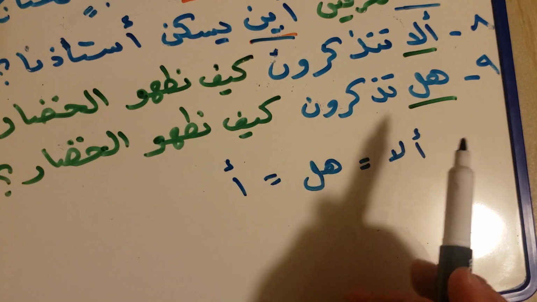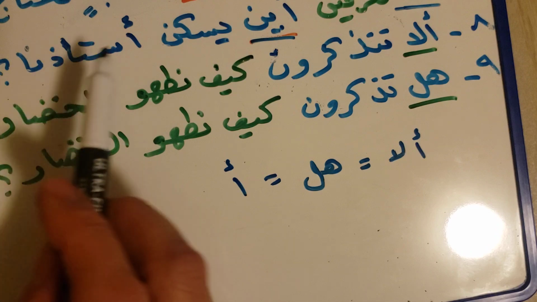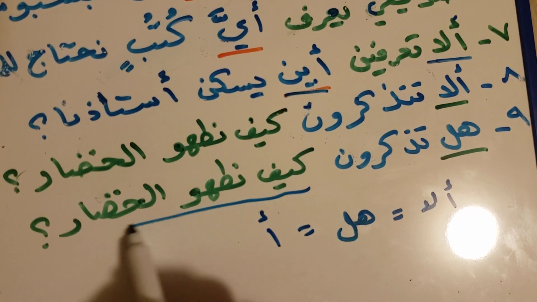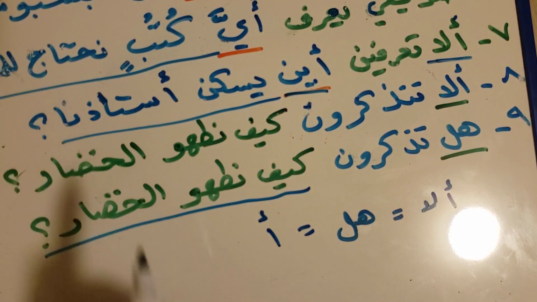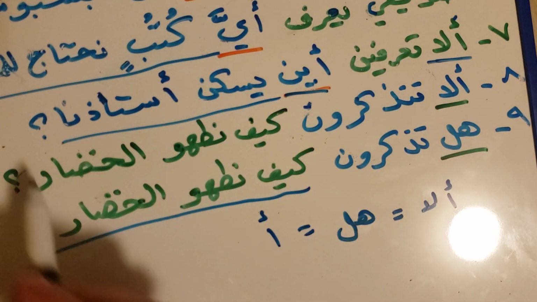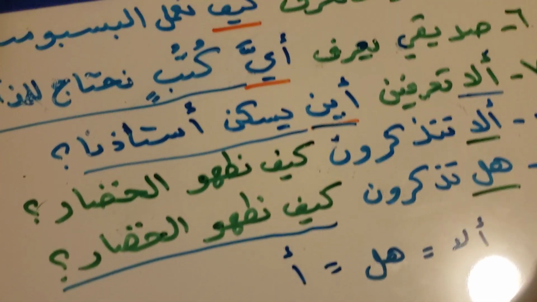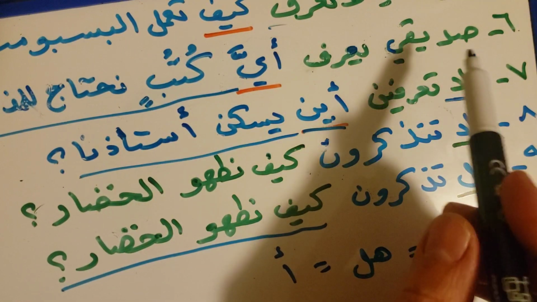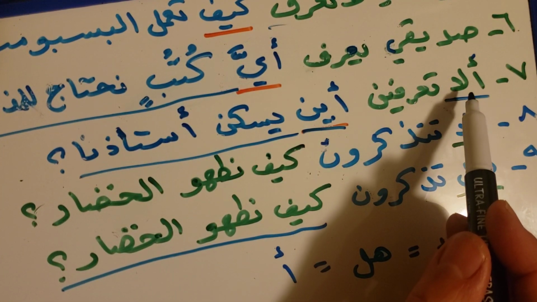And again, this is a direct question. But if you notice كيف نطهو, كيف نعمل, أين يسكن, etc. It's similar. We do not change the sentence structure beginning from the question word on. Whether we're creating a direct question or indirect question, the structure does not change, or the word order. It's almost copy paste, besides the first part that you have to add, whether to make it indirect by saying, oh, my mother doesn't know something, or if you're just asking a direct question by saying, oh, don't you know,